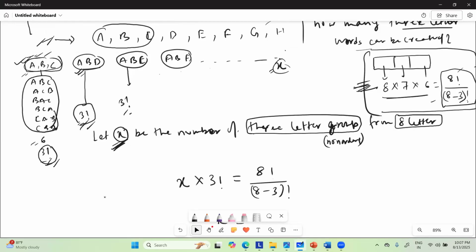Now we also know how to find the number of groups,